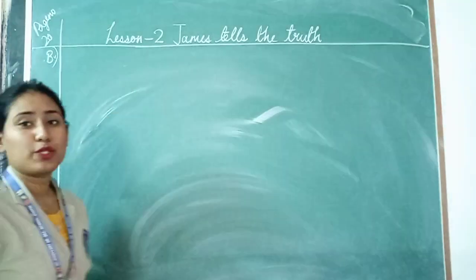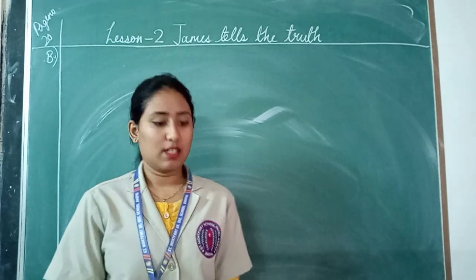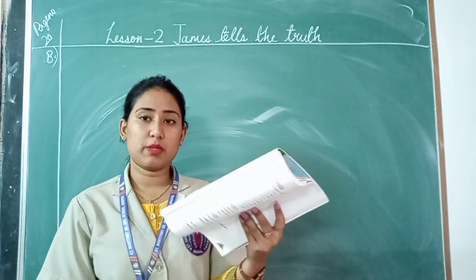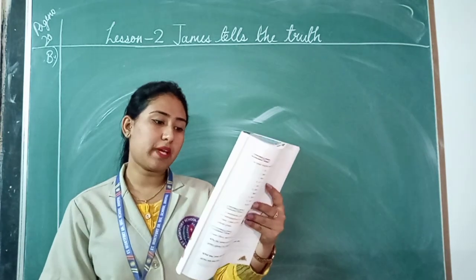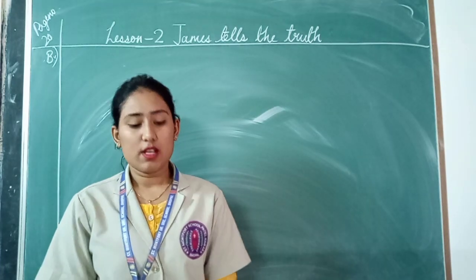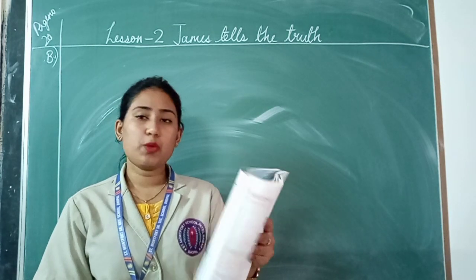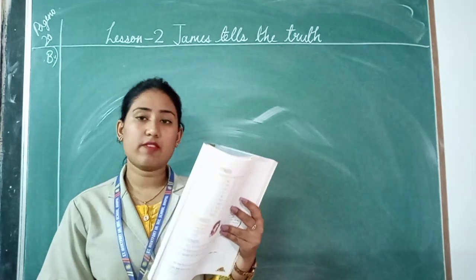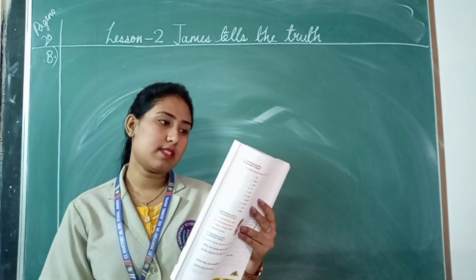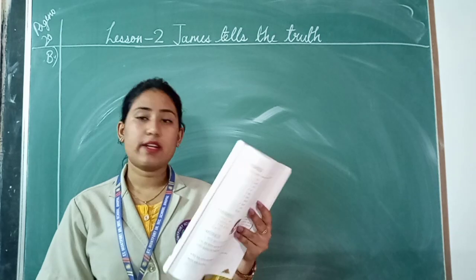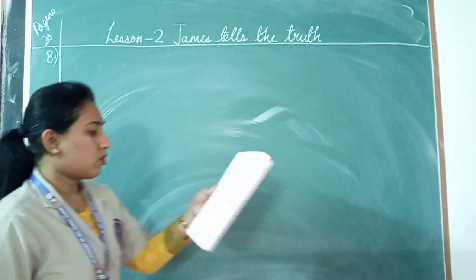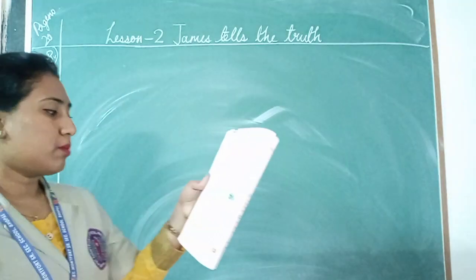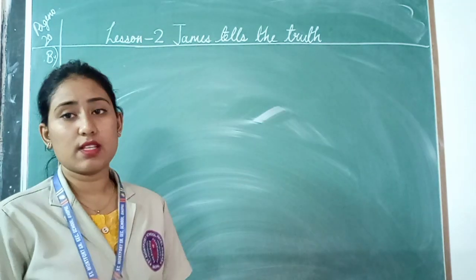So today we are going to continue with the same lesson. That is our exercise on page number 20. And today's topic is this or that. I hope you all have completed your exercise of page number 20 that we already did in our previous class, that is use of and, or, but. So today we are going to do question number B. Fill in the blanks with this or that.